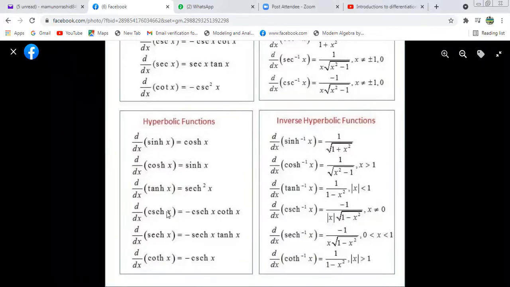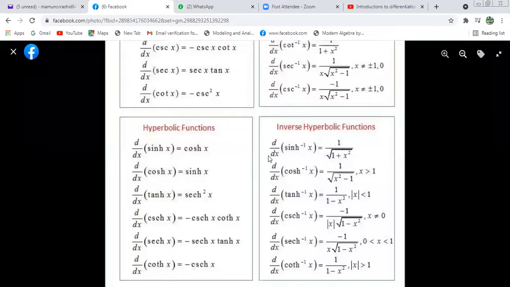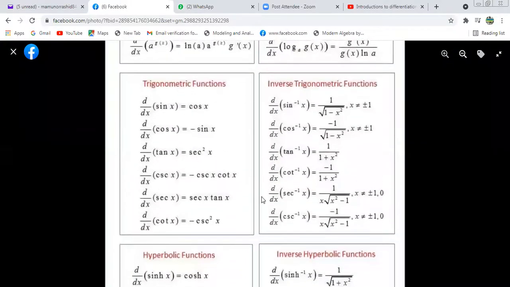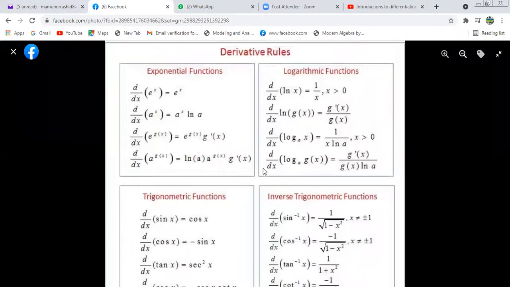So we can use this differential formula. d/dx of sin hyperbolic x equals cos hyperbolic x, and d/dx of cos hyperbolic x is equal to sin hyperbolic x. Tan hyperbolic will be sec square hyperbolic x. So this is the formula, and this is the inverse hyperbolic function. So this is the complete formula for differentiation. Now we'll try to solve